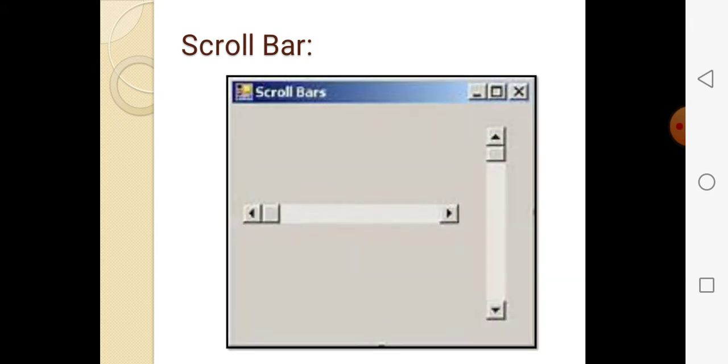Let's see the picture of the scroll bar. See, horizontal and vertical scroll bars are like this, where the content is more than your display area, so you can go up, down and left and right, and you can read your content properly with the use of this scroll bar.